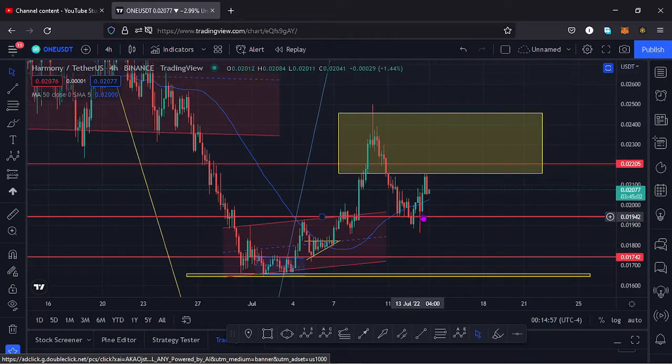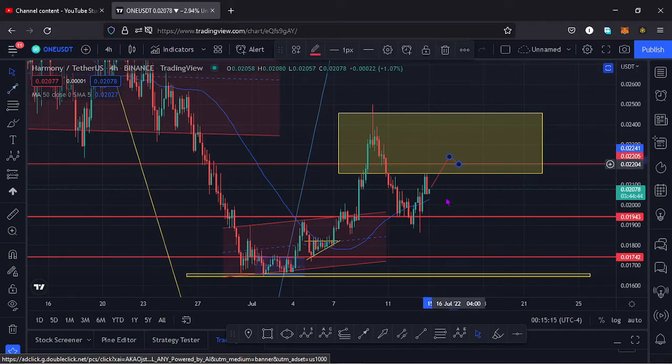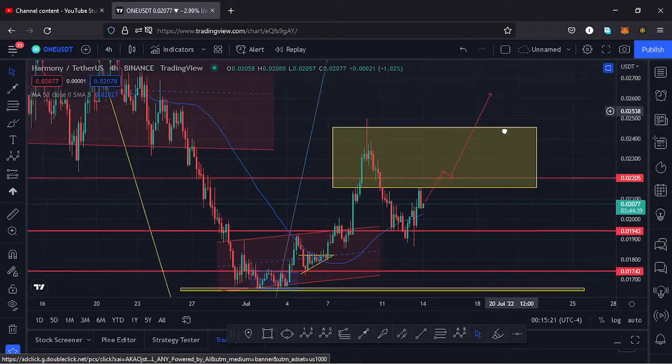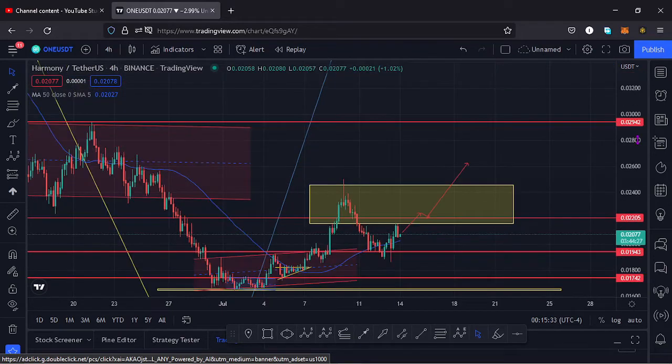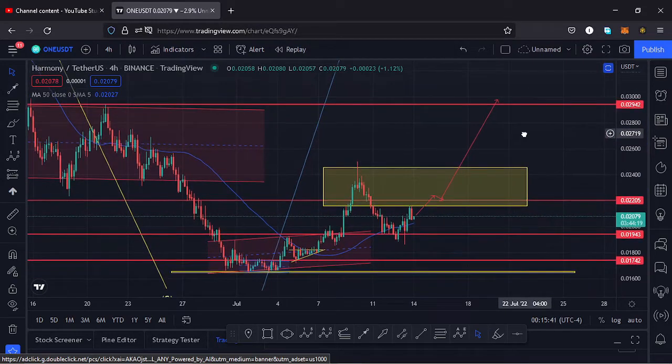It's possible that we have found support down here, and we have the support we need to continue pushing the price of Harmony One to the upper side. And once that happens, we might get back to this key area of resistance at around the $0.022 mark. And once we break above it and then have a successful retest, it's possible that we continue pushing the price of Harmony One to the upper side. And once we break above this high that we made yesterday, the previous day, then that would mean it's possible that we continue unlocking even higher prices and get to around the $0.03 mark, where we'll be facing our next